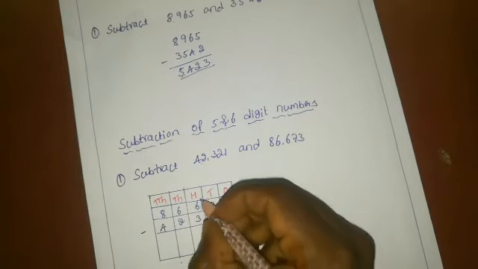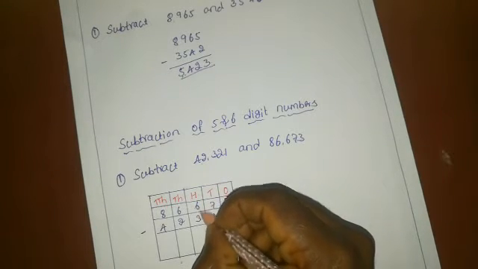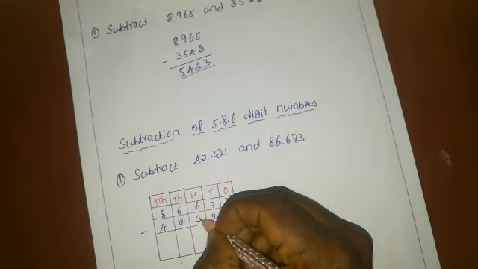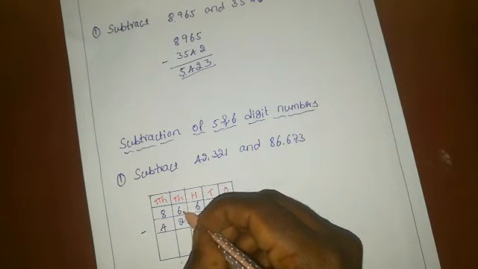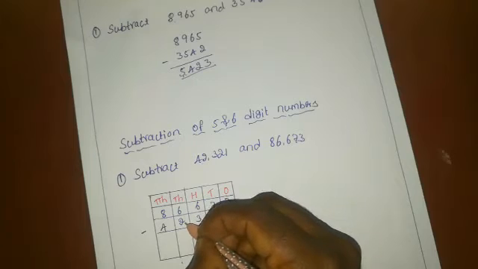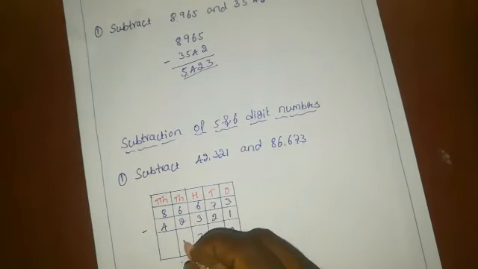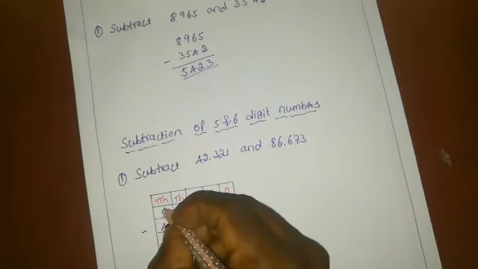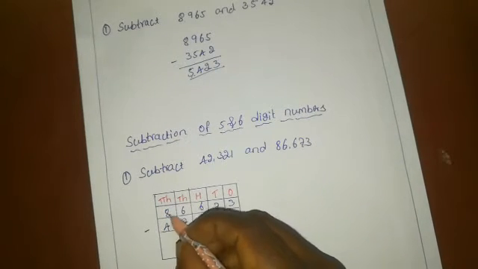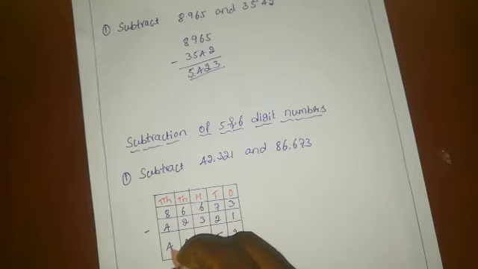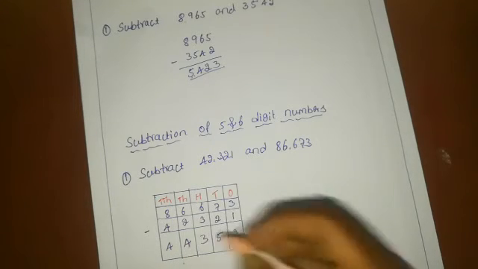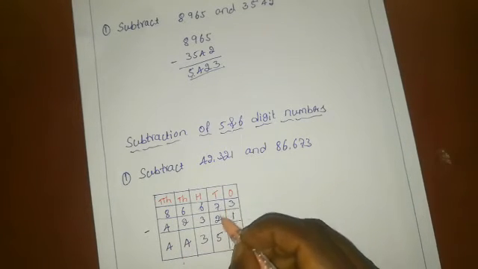5. In the hundreds place we have 6 and 3. We have to subtract the 300 from 600, we get 3. And here in the thousands place, 6000s and 2000s. You have to subtract the 2 from 6, we get 4. And then here in the 10,000s, subtract the 4 from 8, we get 4. This is the difference between these two numbers.